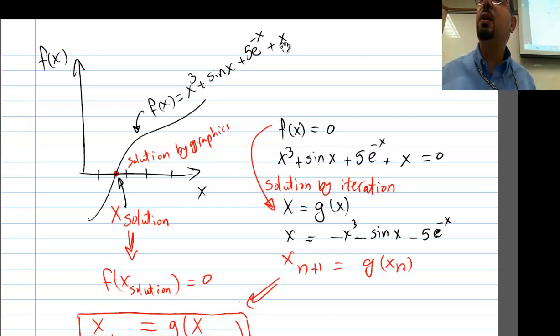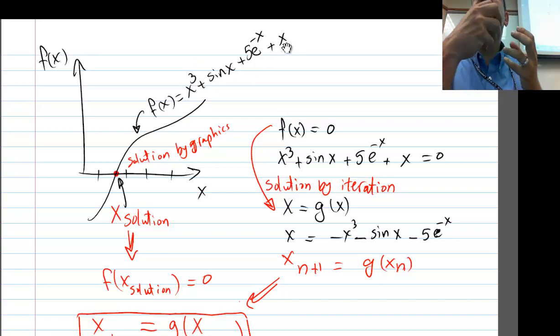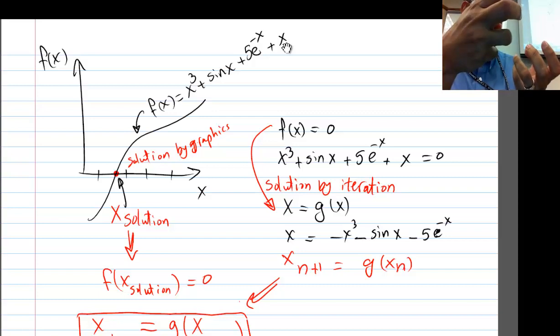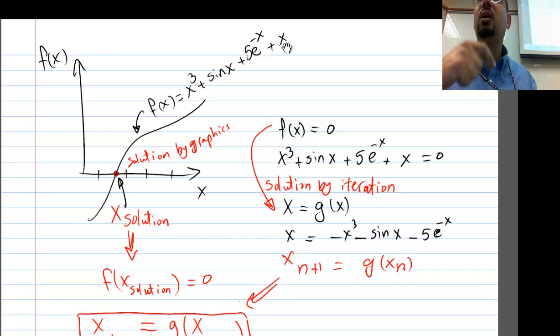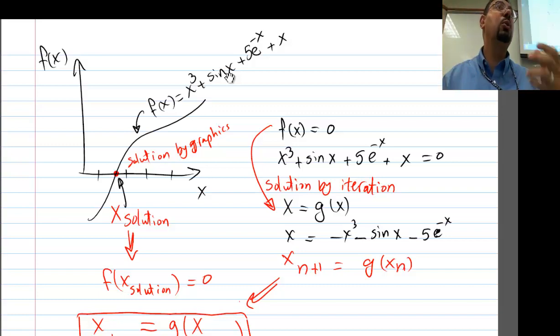Then you can look over here and say, well, for very small x, smaller than 1, I bet x cubed would be smaller than x. And then you can cancel this with respect to that. And then you would be plotting a simplified version of the equation, right? Which is easier to plot, especially if you remember how x cubed looks like, how x looks like, how sine x looks like. Then you can plot that approximated function easily, on paper even, and you can guess what the solution is,